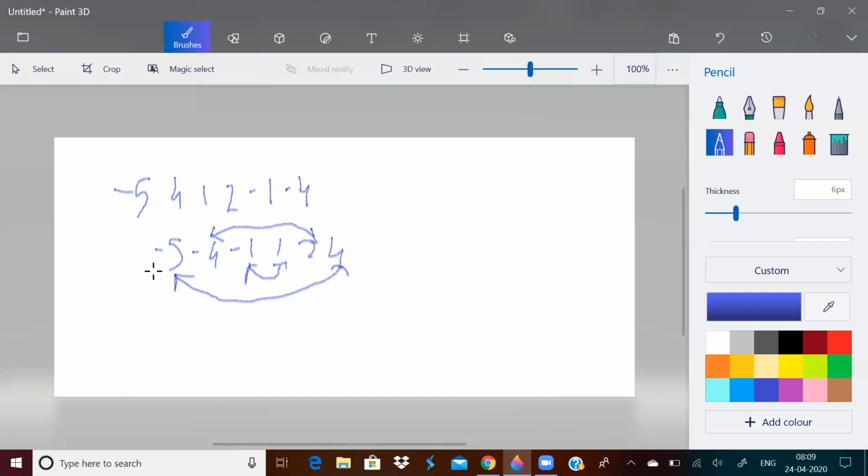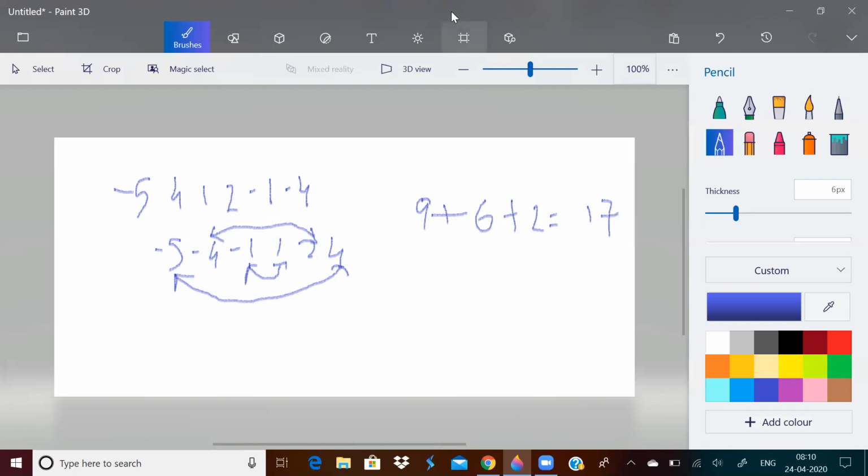So now what will be the sum? Smallest minus largest mod is 9. Plus second smallest minus second largest mod is 6. Minus 1 minus 1, mod is 2. So we end up with a sum of, what is the sum? 17. Yes, 17. You try to permute the array in any other way possible, you will not get a sum greater than this.